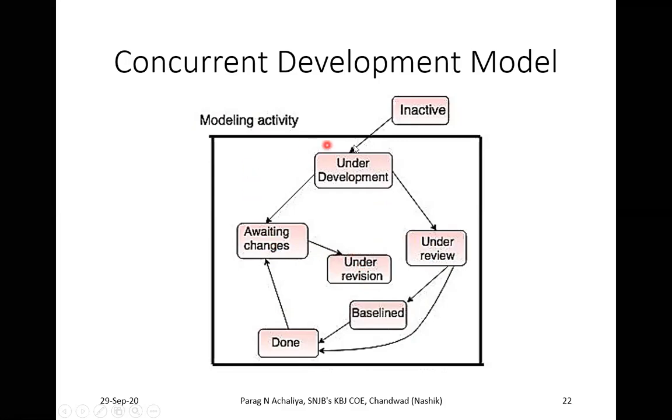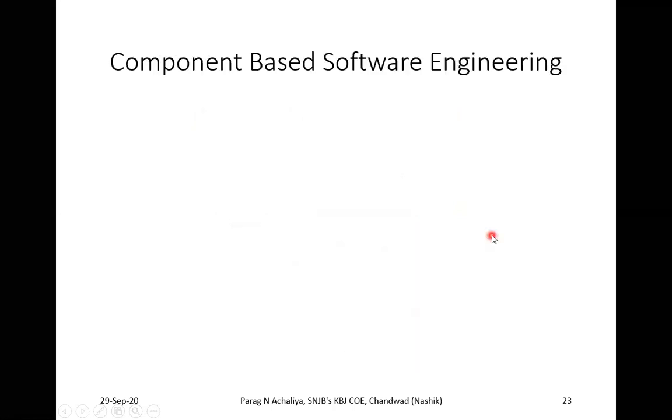और जैसे भी आपका model ready हो जाएगा, that model will be useful for your customer, and that customer will see what my system will look like. So this is your concurrent development model. In this, activities will be executed concurrently. Concurrently means simultaneously. तो यहाँ पे simultaneously क्या होगा? Activity number 1 and activity number 2. The two activities will run parallelly, and on the basis of this, your whole system will execute.